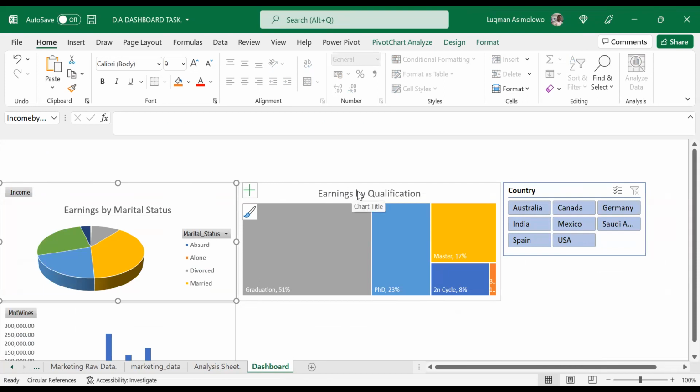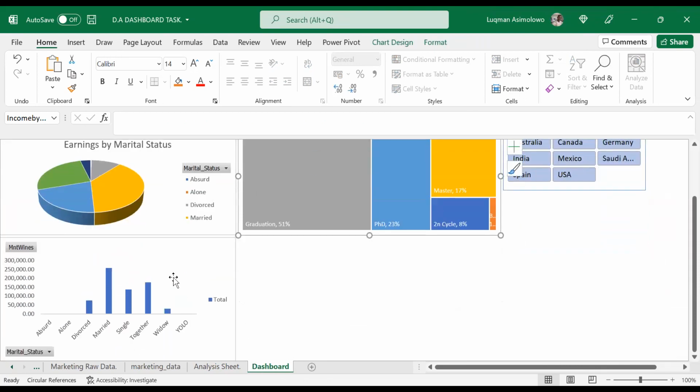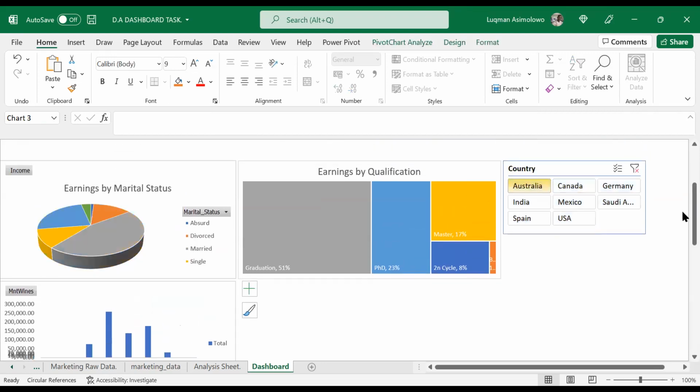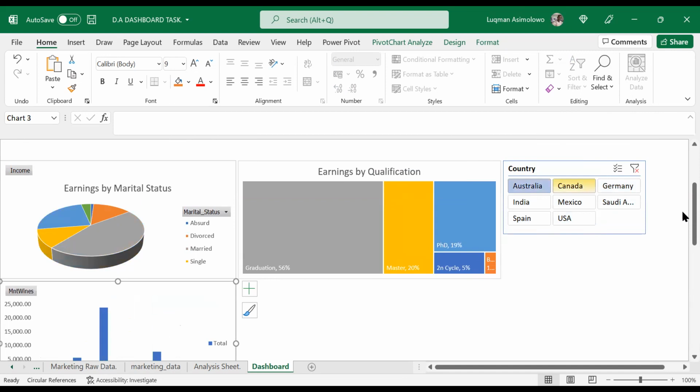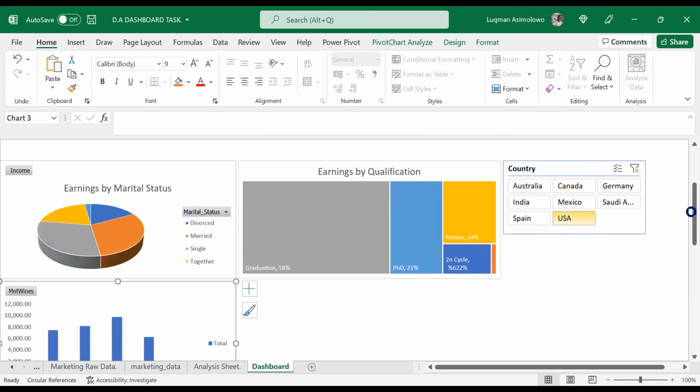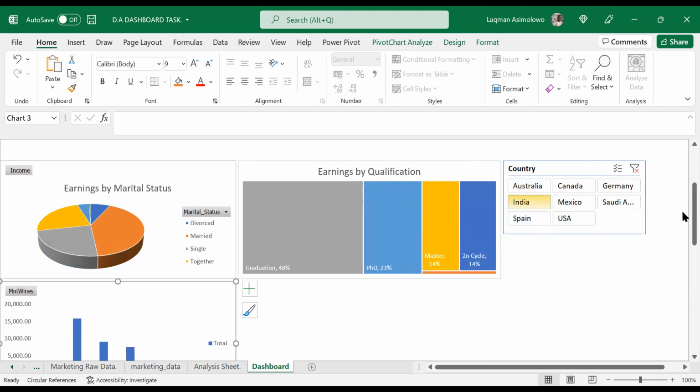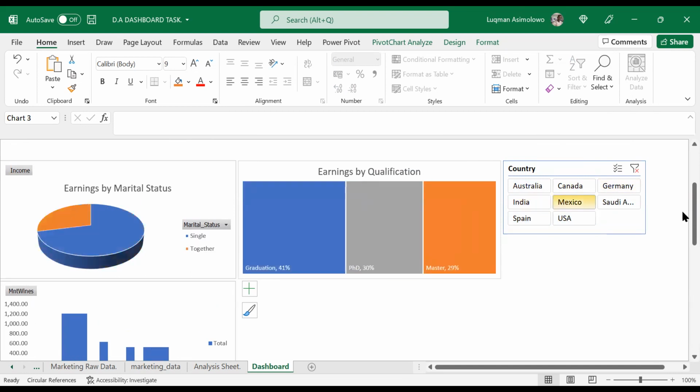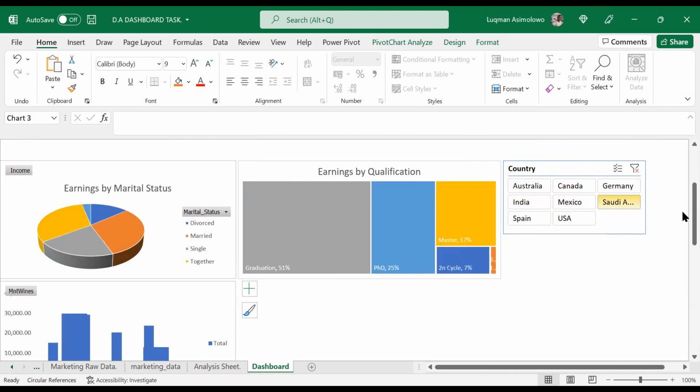I have earnings by qualifications, and then the purchase of a particular wine by marital status, and here's my slicer by country. I can filter down by each country to drill down my data, but I'm still working on it. Yes, sir.